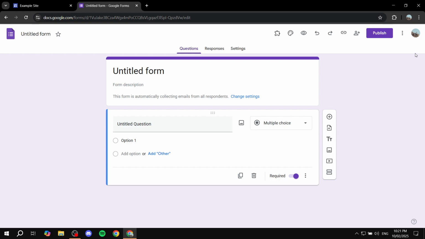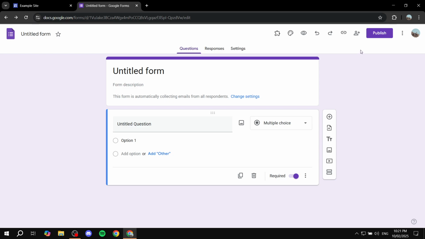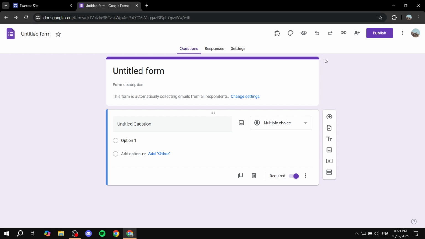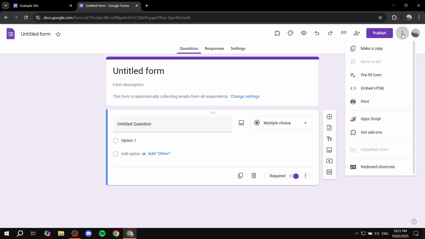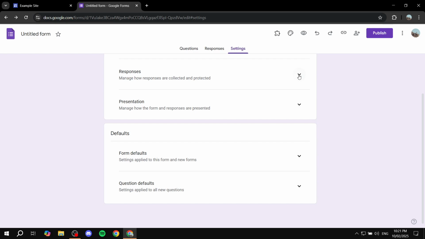But a few things that you need to do first is going to be go to the settings for the form, which is going to be, I believe, after you publish it here. Make sure it is accessible by everyone. But then, if I can find the settings, I feel like they actually moved it. Oh yeah, settings. Okay, so if you click on settings here, you are going to actually click on responses within